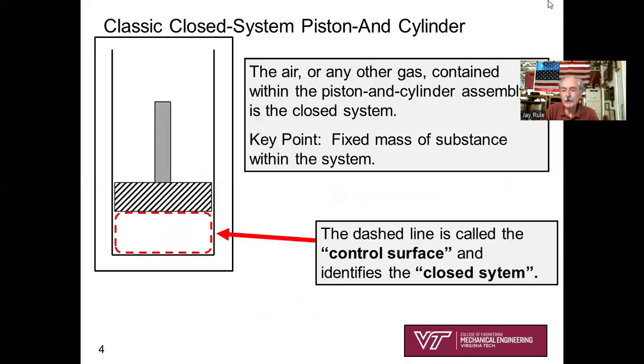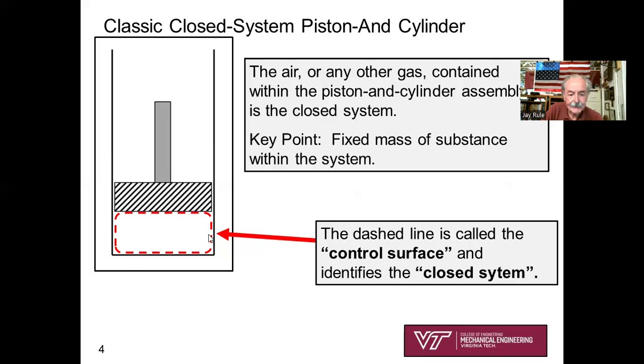All right, so let's go through some of these. This sketch is a classic closed system piston and cylinder that would depict a real piston and cylinder. Okay, so the key is, here's my sketch. The next thing I did, and you're going to be doing this in your homework solutions, quiz solutions, test solutions, not only are you going to draw a sketch, doesn't need to be a work of art, but you're going to draw a sketch that depicts a piston and cylinder, but you're going to put in a little dashed line,